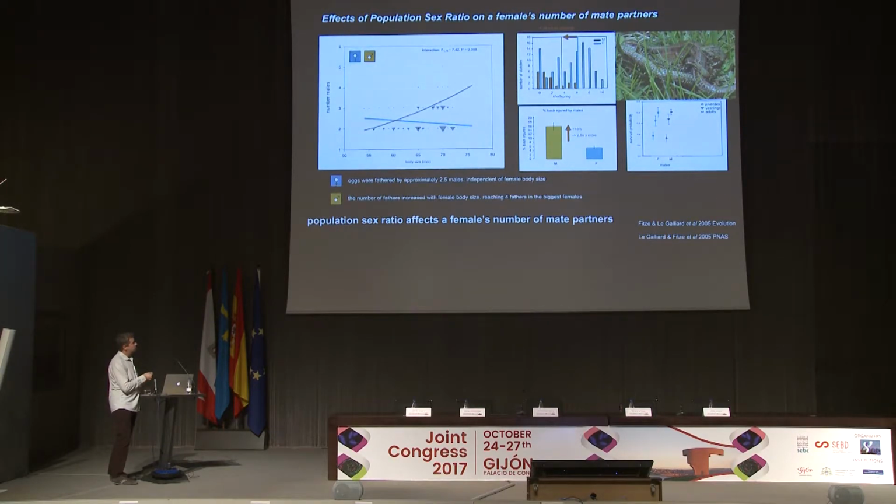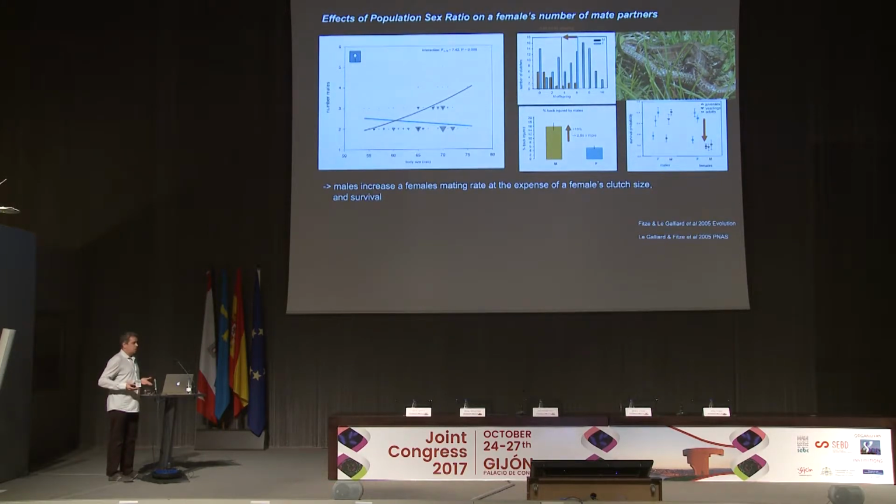You see that there are no differences between female and male-biased populations, neither in juveniles, nor in yearlings, nor in adults. If we look at females, in female-biased populations, you see that these means are almost the same. However, in the females of male-biased populations, the survival was very low, below 20%. There was a huge effect.